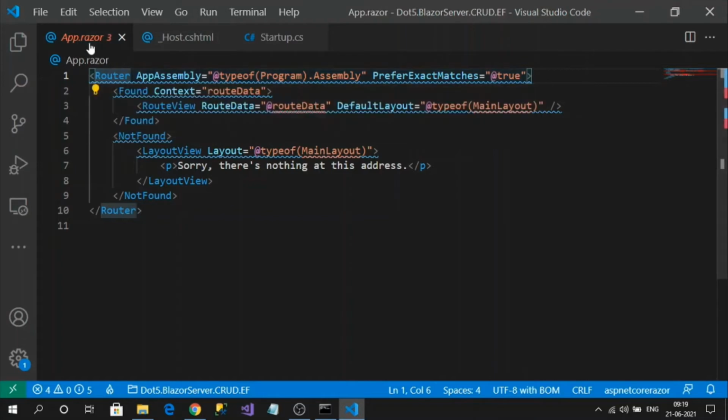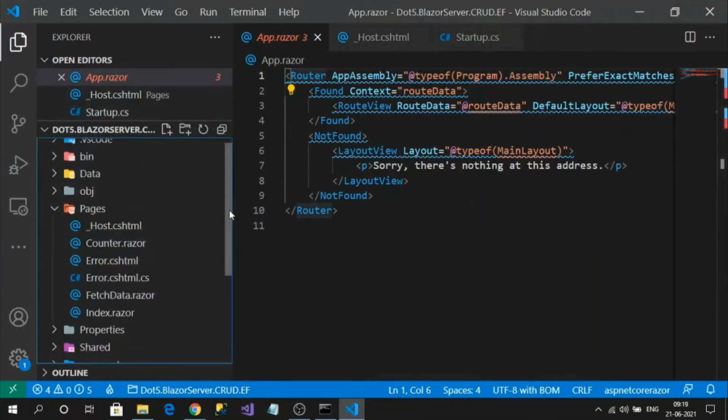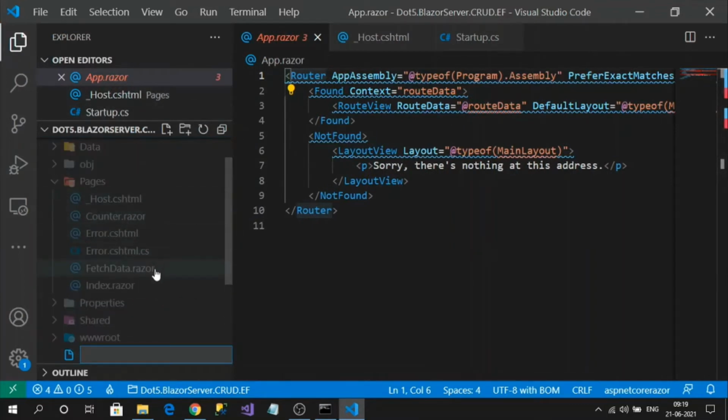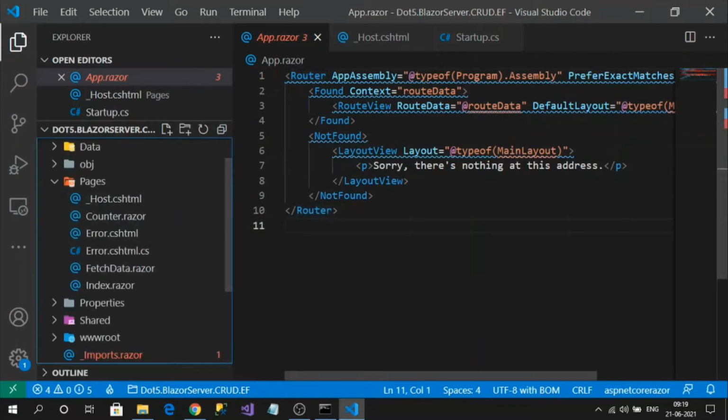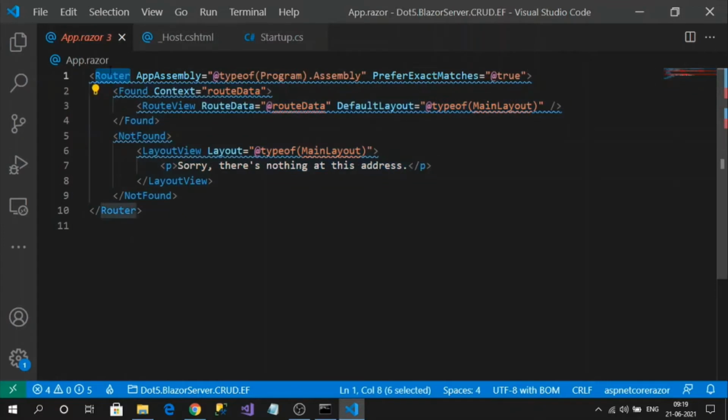The file name extension .razor means Blazor component. Inside the Pages folder, all are .razor. .cshtml means Razor page, .razor means Blazor component. All Blazor components will be handled here. This is the routing Blazor component, and inside of this there are two types of components.